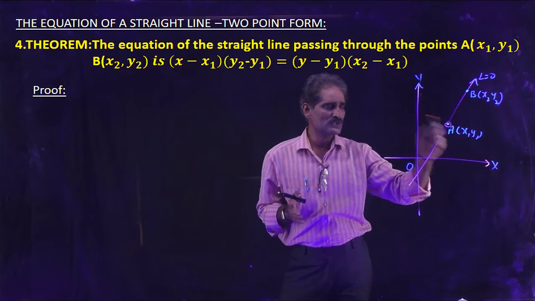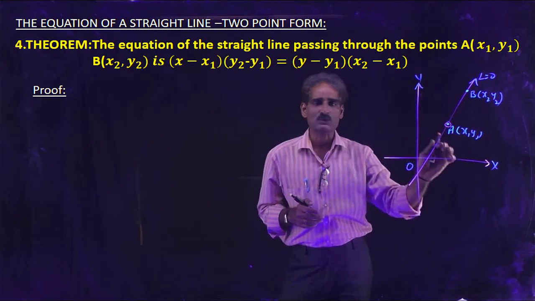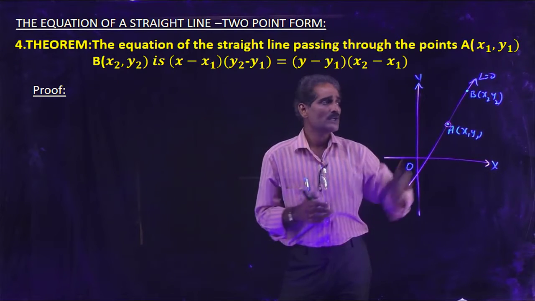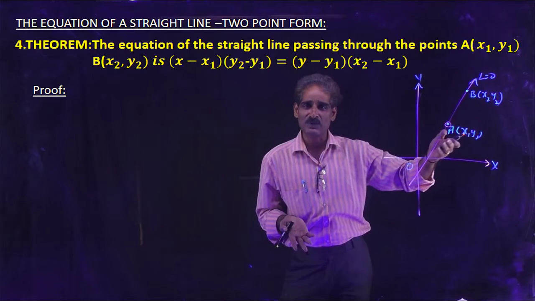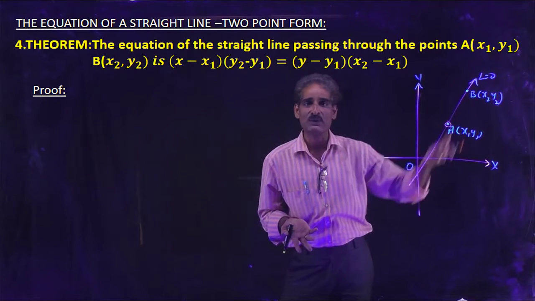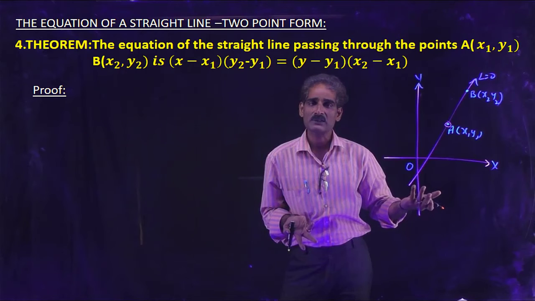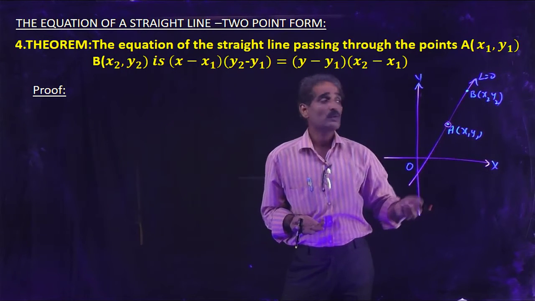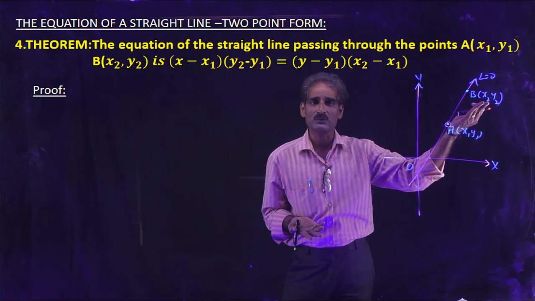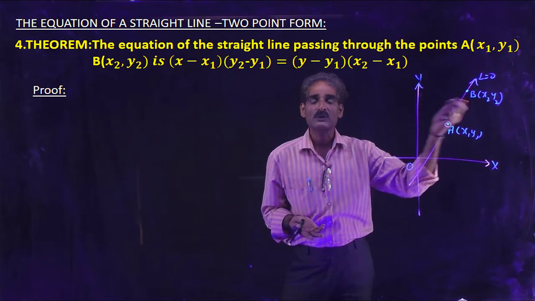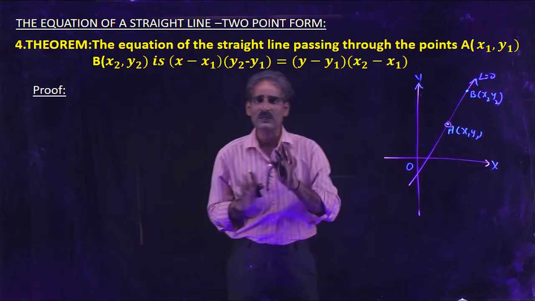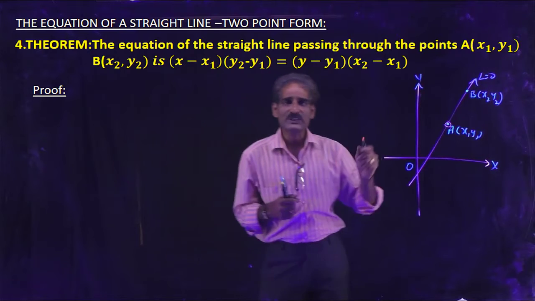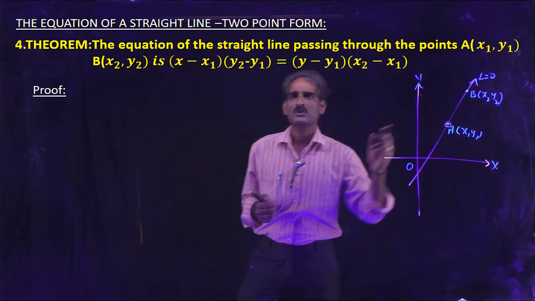Suppose this is the first point. Clearly this line is passing through this point. If you know the slope of the line, you can find out the equation of the line. With the help of these 2 points, you can find out the slope of the line AB. Slope of the line AB is nothing but the slope of the line L. That's it. Here we have a point x1 y1 and slope m. We can take this point also. With the help of 1 point and the slope of the line, we can write the equation of the line. So here I am using slope point form. So now come to the proof.